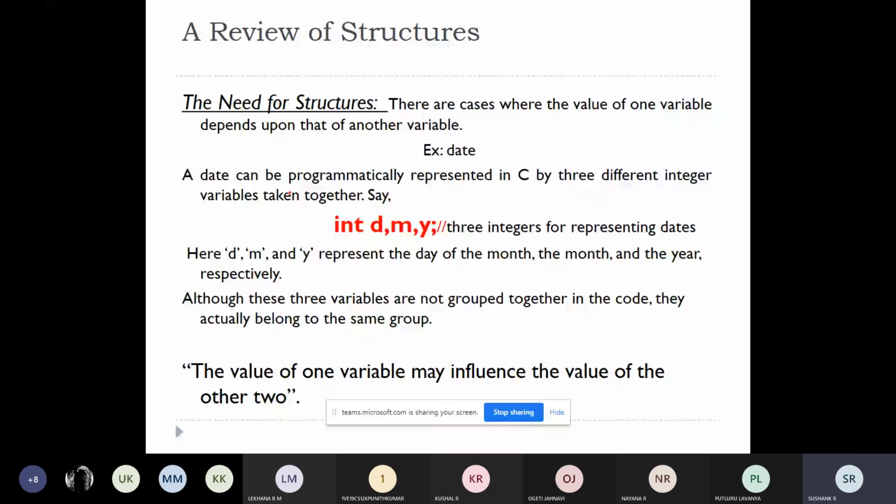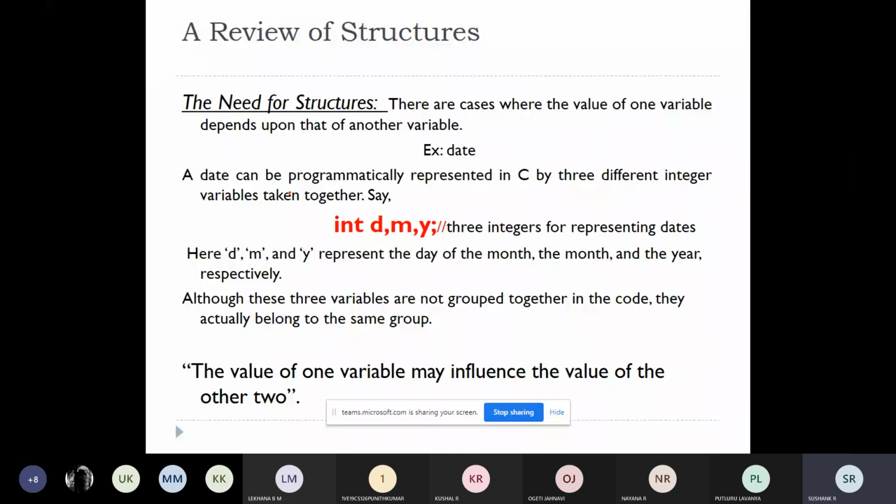Here I'll just give an introduction, and in tomorrow's class I will finish this part. The structure can be used to hold elements of different types or elements of the same type also. These individual elements will be stored separately, and when you treat them individually, they don't have any meaning.